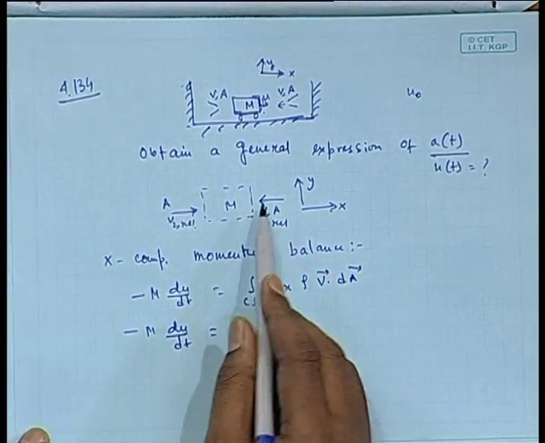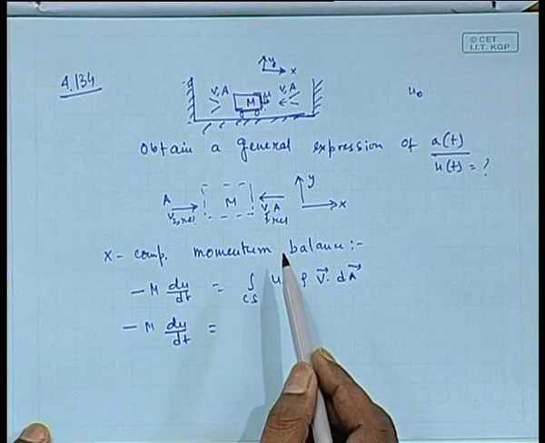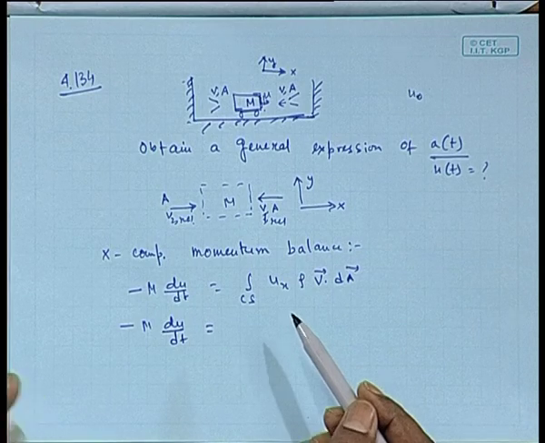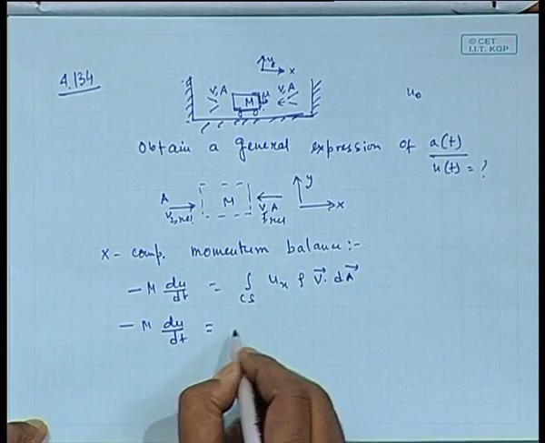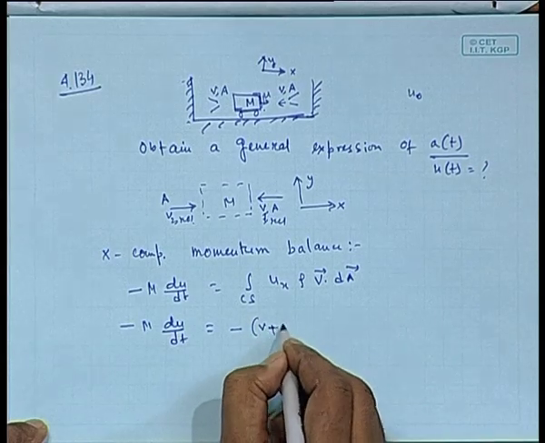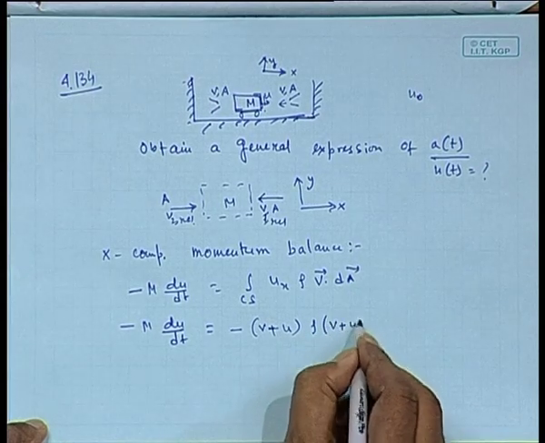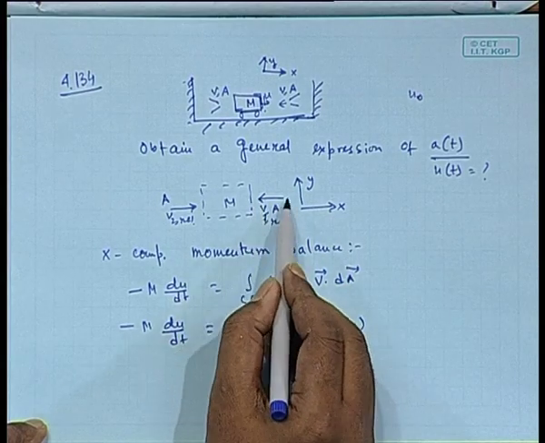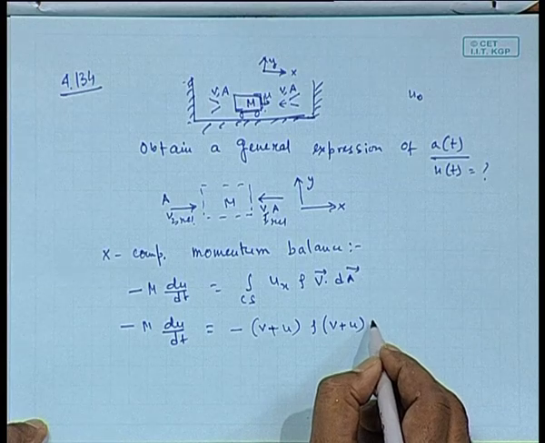Now, for surface number 1, the relative velocity u x is nothing but v plus u, because u is in this direction, v in the opposite direction with a minus sign, because it is in the negative x direction. So, it becomes minus v plus u rho v plus u. Now, the area normal is in the opposite direction to the velocity that is coming. So, there will be a negative sign because of that, okay, minus A,